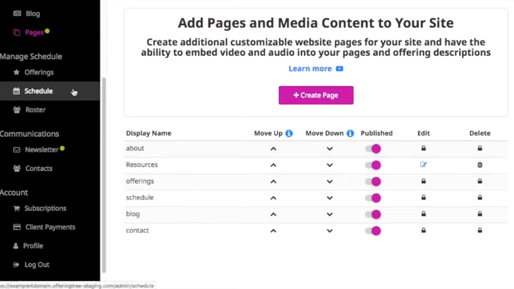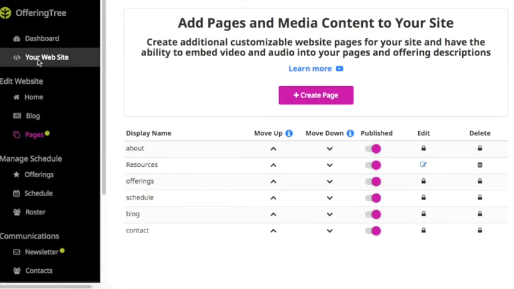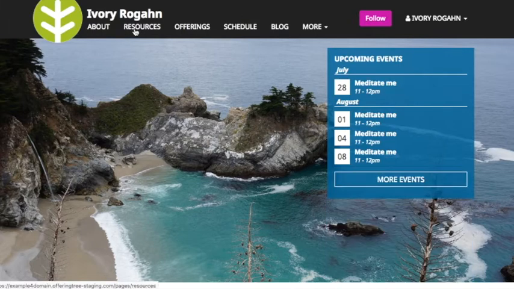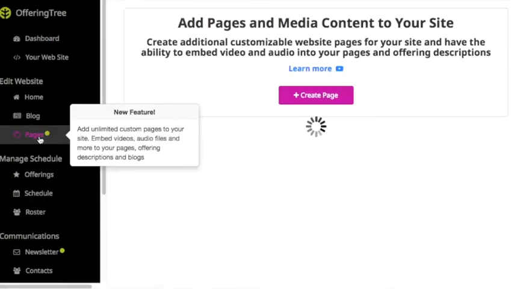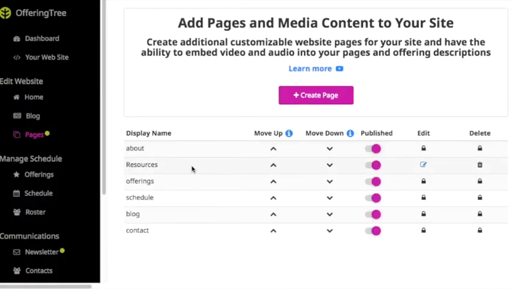But now, if I go back and look at the public-facing view, you will see that Resources shows up right after the About. So this is a really simple and powerful way to give you a lot of flexibility to manage the look and feel of your site and to create custom content that your students and clients might be interested in. So we look forward to seeing what you have to offer,